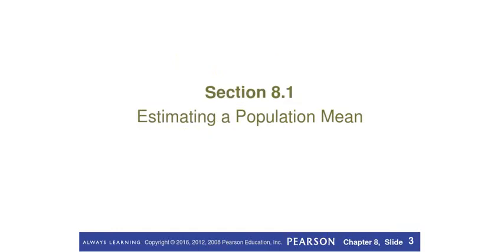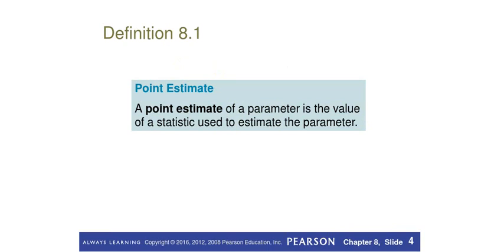So let's talk about estimating a population mean. How do we actually estimate it? Well, let's go through the steps. First of all, we determine how we're going to sample that population, right? How we're going to get some information about that population, because it's impossible outside of an entire census to ask every member of the population something about their height, their weight, how many people live in their household, you name it. So we have to rely on a sample and what a sample can tell us. And one thing that a sample tells us right away is what's called a point estimate.